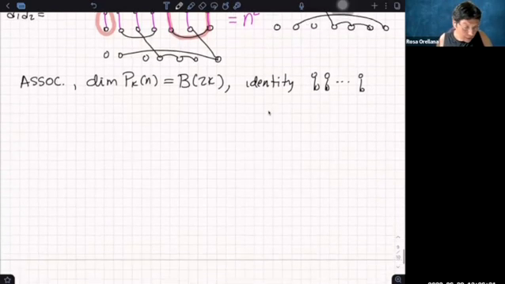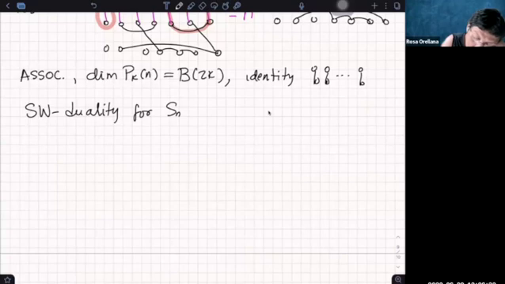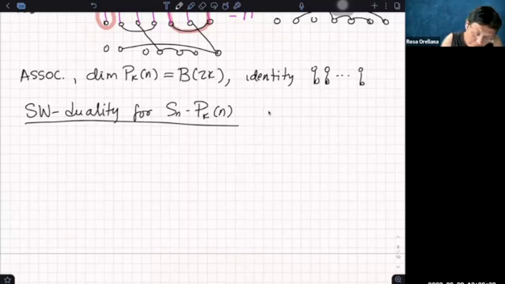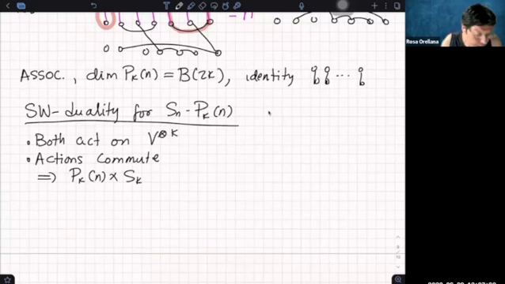So right now I make the connection. It is known that there is a Schur-Weyl duality for Sn and the partition algebra PKn. They are in Schur-Weyl duality. So both act on V tensor K, and the actions commute, which gives you a well-defined action of this algebra on V tensor K,